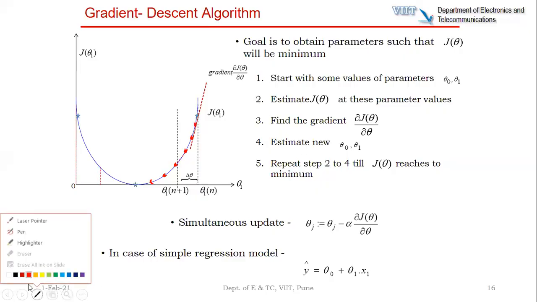So in the gradient descent algorithm, our objective is to come up with the value of theta, the parameters. Let's say in this model, there are two parameters, theta 1 and